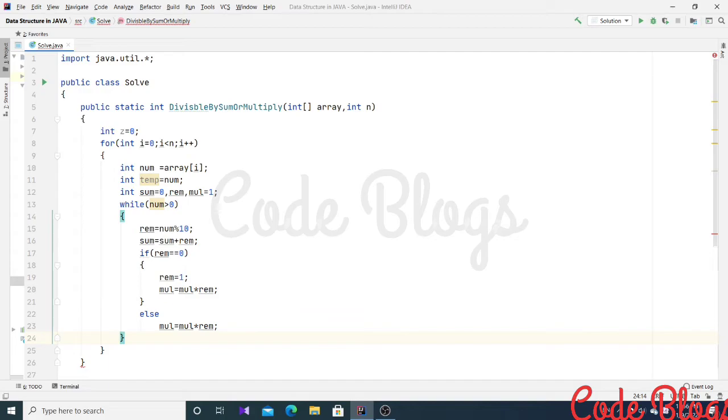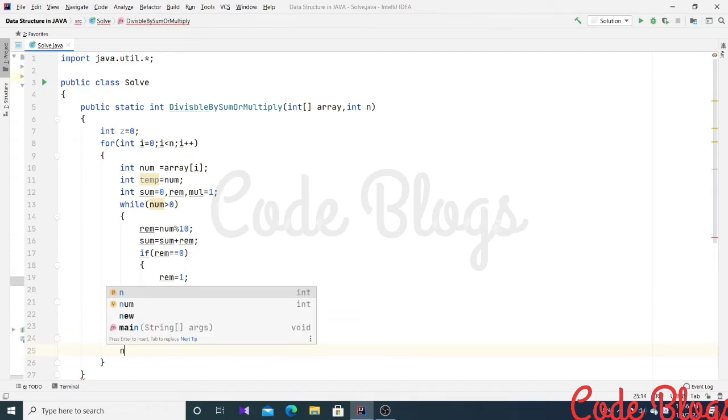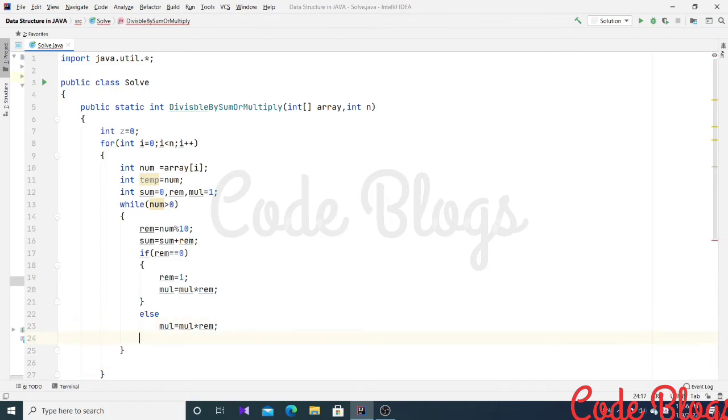Now one more thing I have to do after this while loop. I have number equals to number divided by 10. So see, I have made a mistake. It will be inside this while loop. Now it is okay.